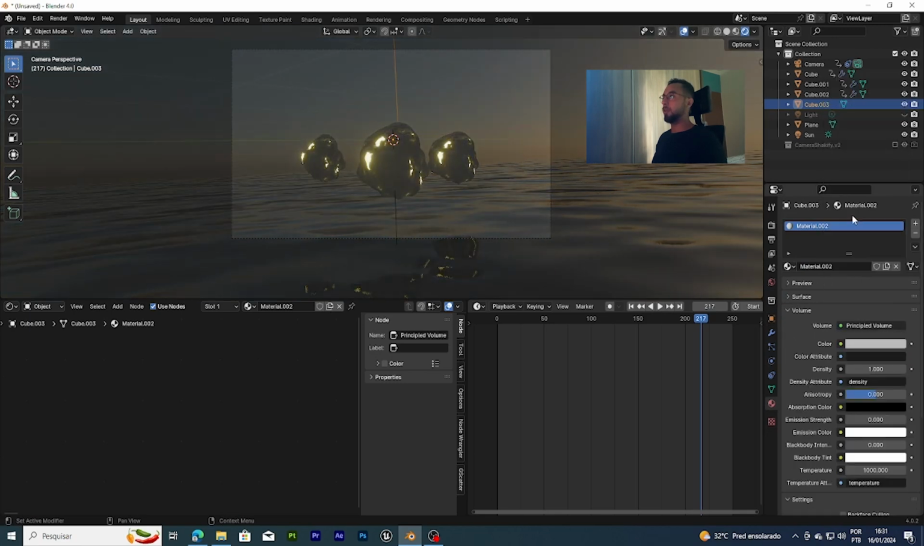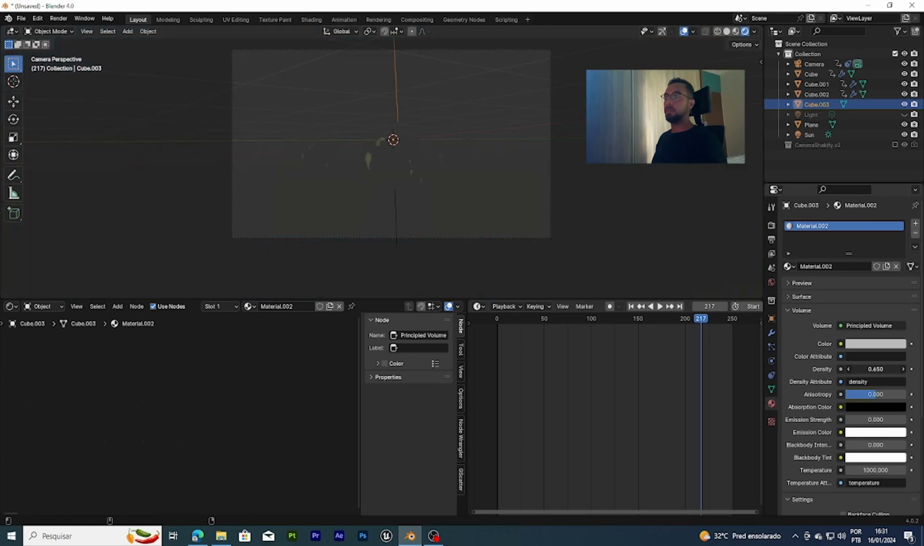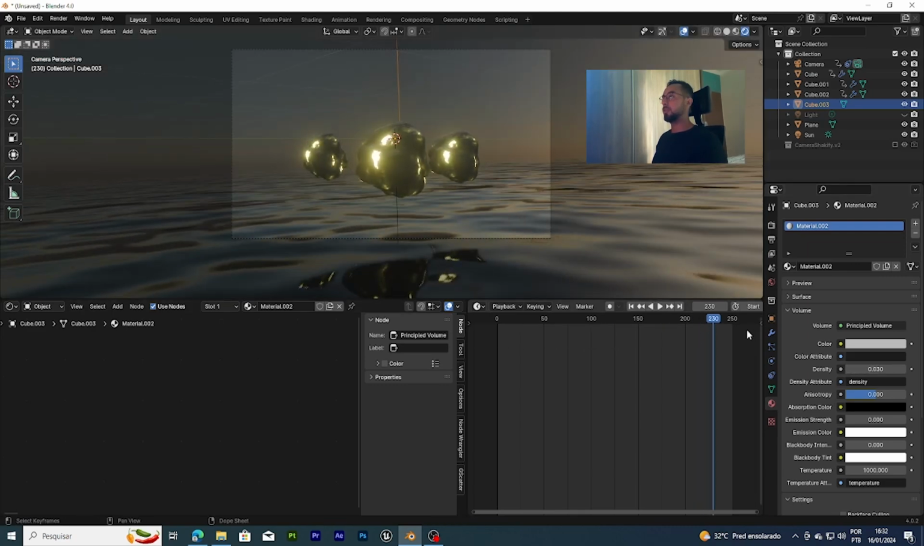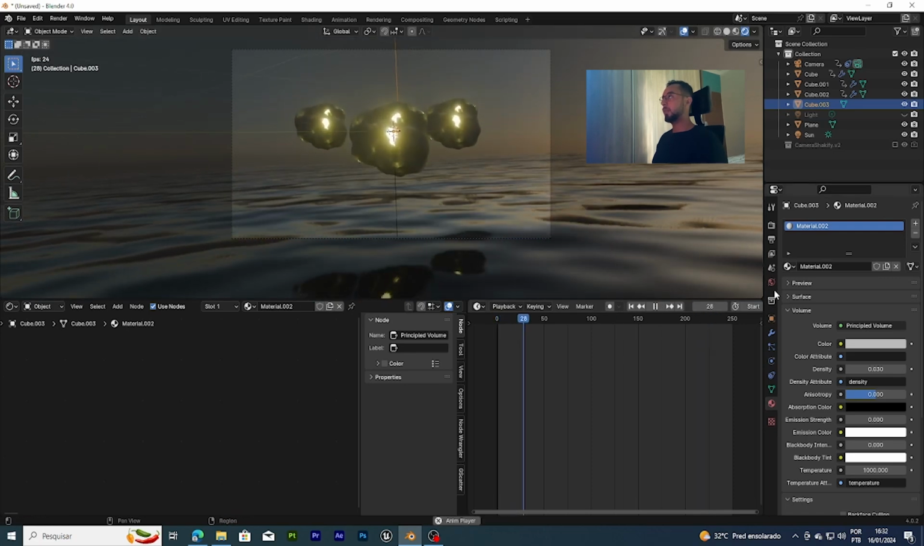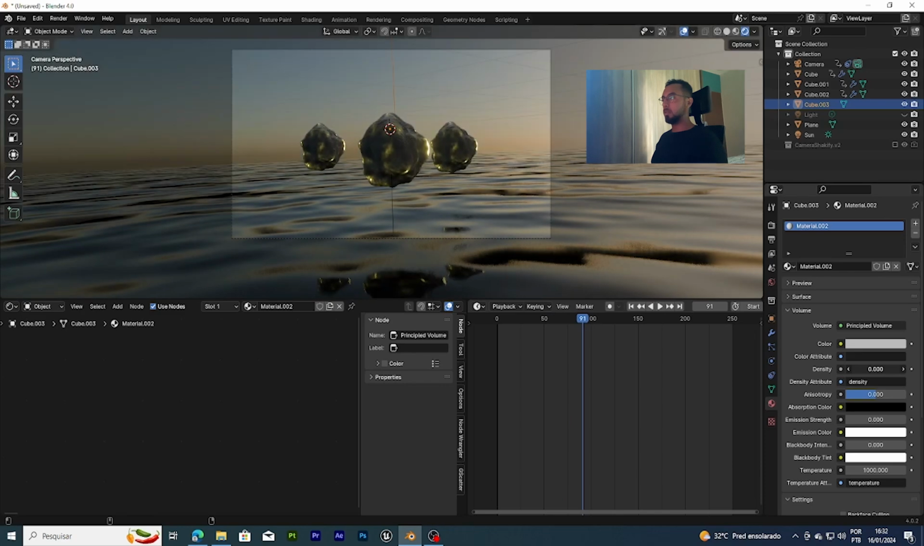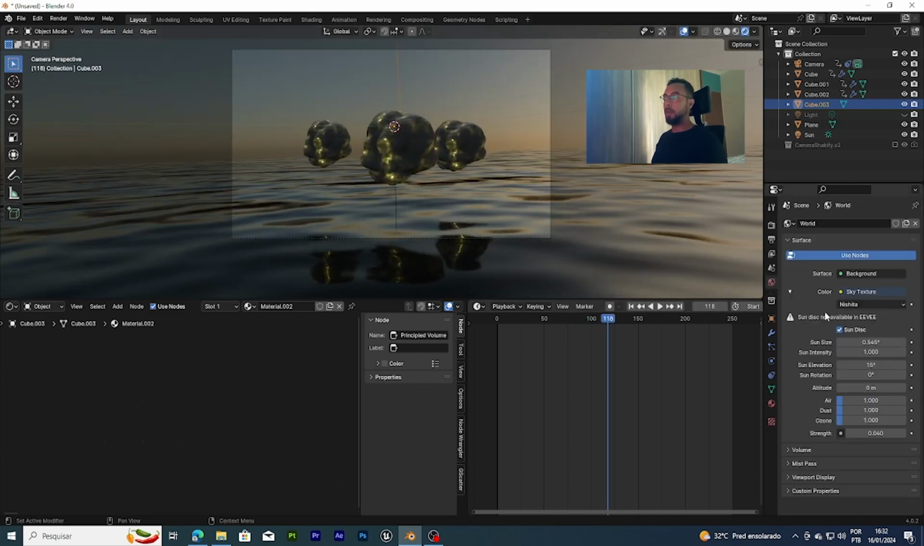Principled Volume, right? So as you can see, I can just play around with this volume to make my shot as realistic as possible. Something like this, I think, is pretty cool. Density, yes. And then just to wrap this up, I'm gonna go to World, and then I am going to